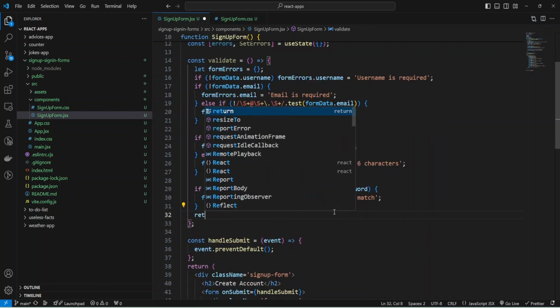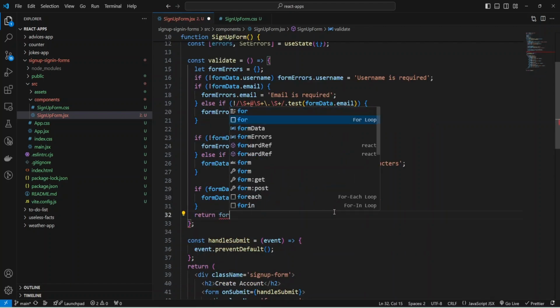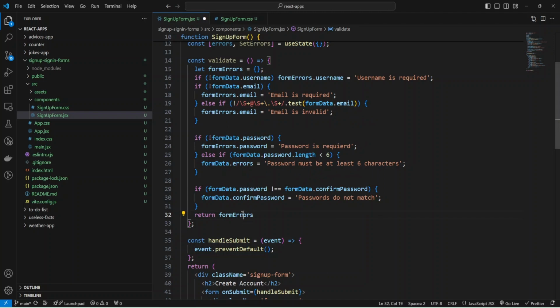Now we can return our formErrors, and I need to fix because we have here formErrors, and also password, and also here we need to provide formErrors.